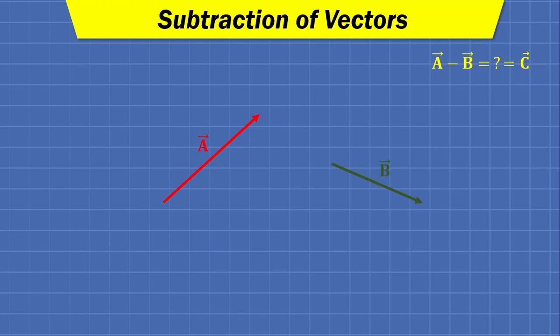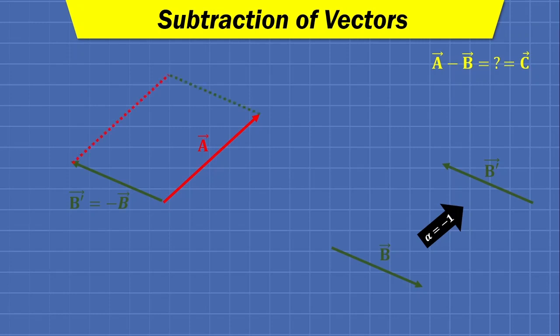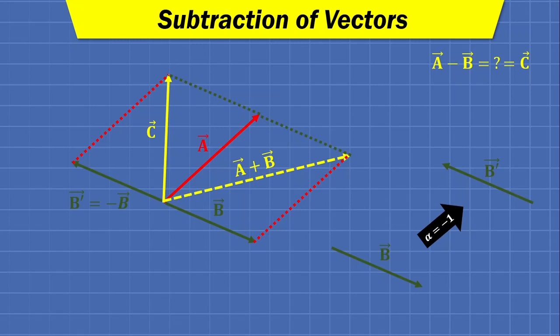So again we are taking the same two vectors, then we will scale the second vector with alpha equals to -1. It will reverse its direction, and now we will draw b dash bar from the tail of a bar. We will form a parallelogram, and the diagonal of the parallelogram will give us a bar minus b bar. Also, if you want to draw a bar plus b bar, then this will be a bar plus b bar.